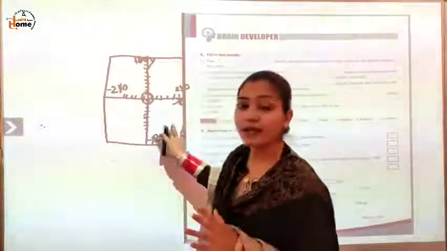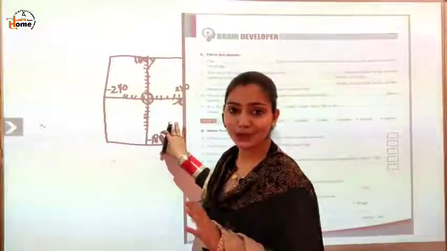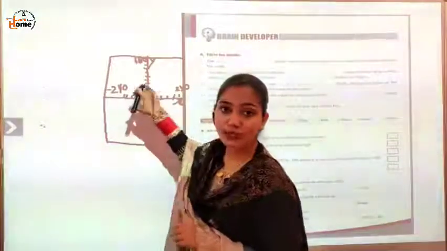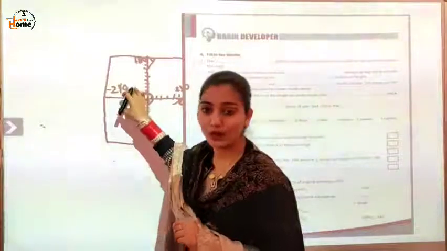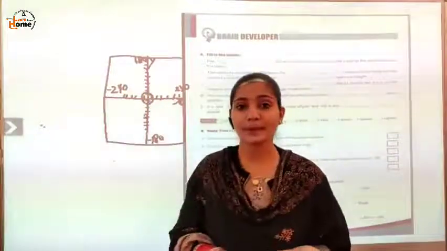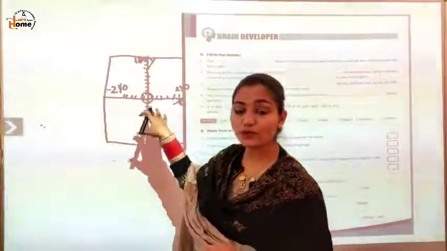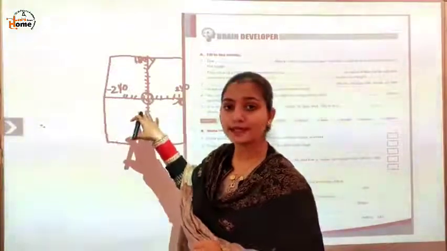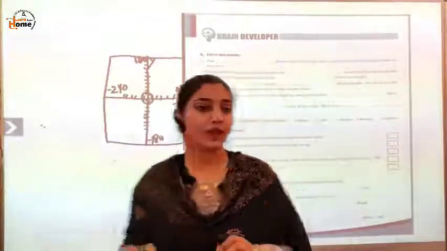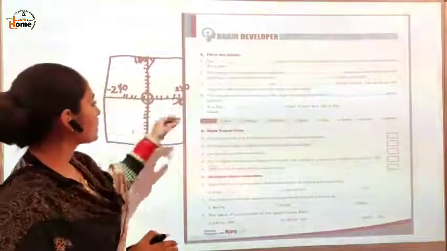Now is the concept of coordinates clear to you? X and y coordinates will tell the position of the sprite on the stage. Okay, so in this way the screen of the stage of the Scratch window is divided. Okay, so now tell me the answer of the second fill up.